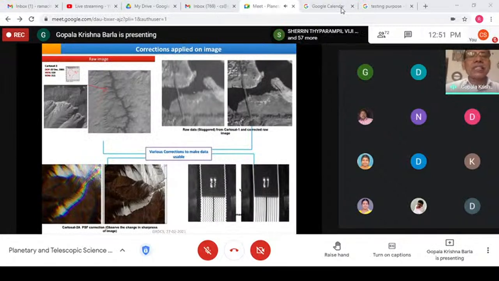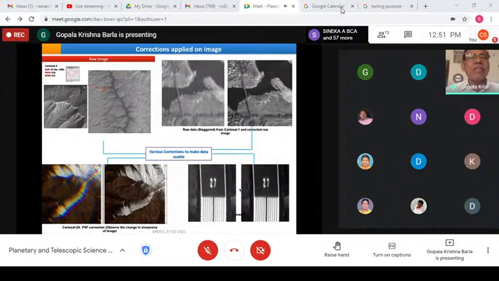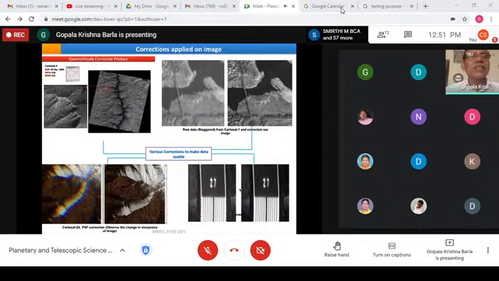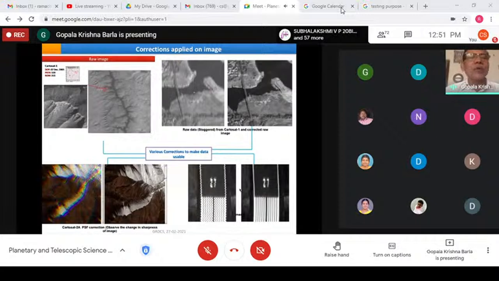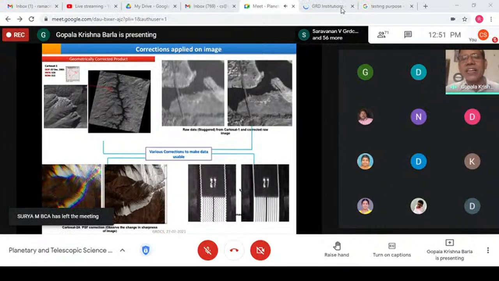So in this image you can see I have put everything together. On the left side, the first one is the raw image. Then the radiometrically corrected image. Then the geometrically corrected image. Then orthorectified; I will come back to orthorectified a little more. This is how all the processes I described are involved in this case. And what I have not told is the second one, the right side, where there are certain specific cases